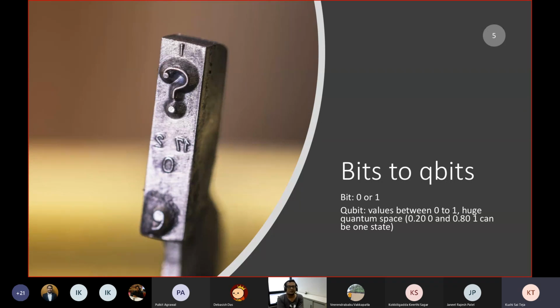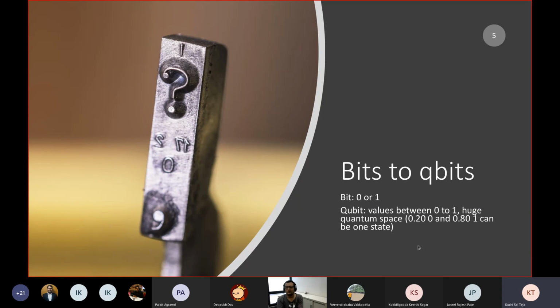Just to give you a top level analogy, the binary system is like a north pole and a south pole. The quantum computing paradigm, keeping the north pole and south pole in mind, covers all the possible states between the north and south pole. That is what the quantum computing paradigm is. It has its own properties, two of which are superposition and entanglement.